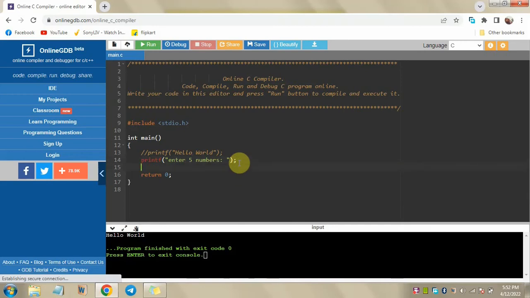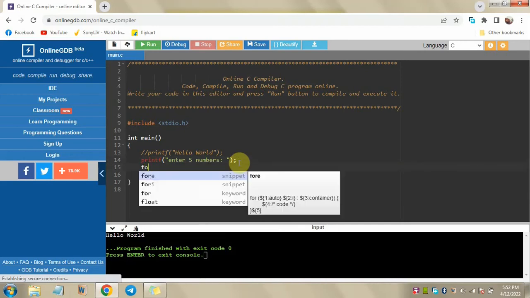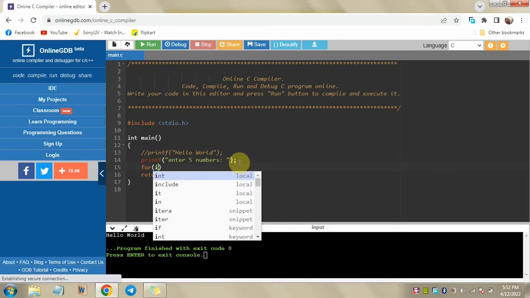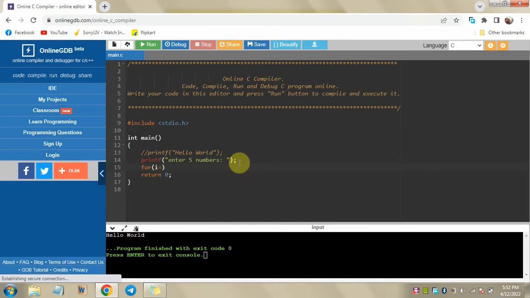So for that we'll be needing a loop. We are here taking a for loop, and we have to take a variable which will be of integer type, initializing at 0. Now the highest value will be up to 5 because it will go till 4. So 0 to 4 is 5 numbers. And after that we will give an incrementing operator, I++. Now there will be only one line of code. Still I will be using curly braces for reading.